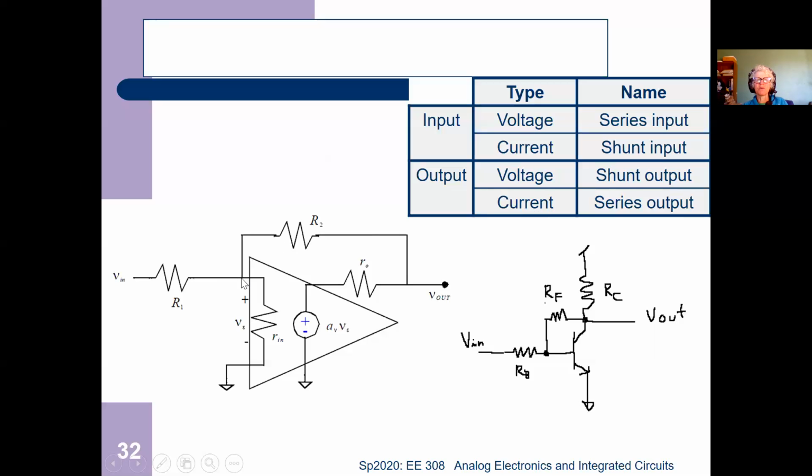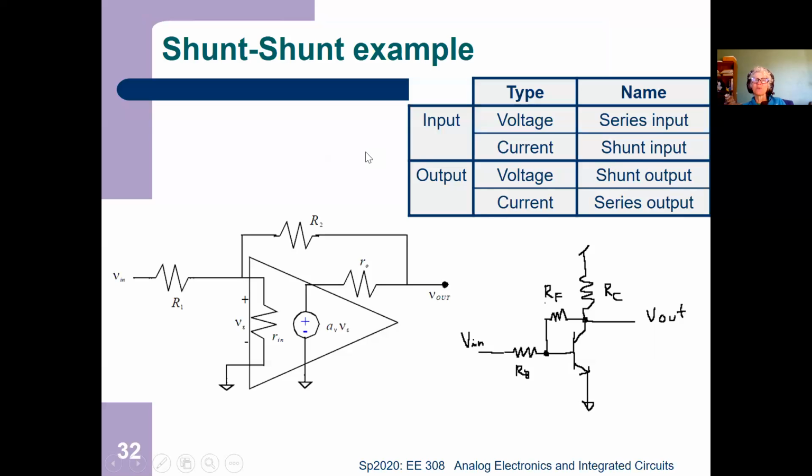Okay, and then this is actually a little bit confusing here, but here's VN. Is VN on the same node as the feedback? No. Actually, okay, let me rephrase. Do you have to go through a transistor? No. So this is actually considered on the same node if you don't have to go through the transistor to get there. So if it's on the same node, is that series or shunt? That's shunt. So this amplifier is actually a shunt